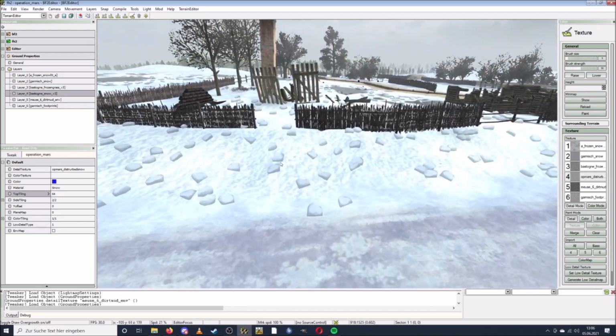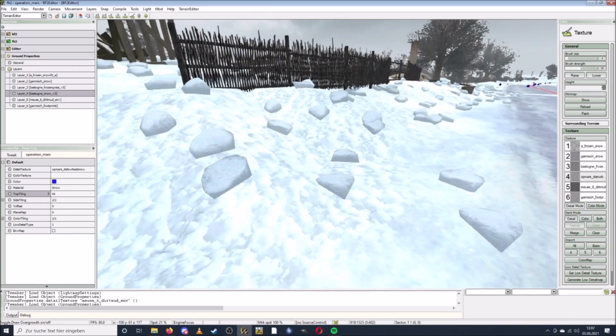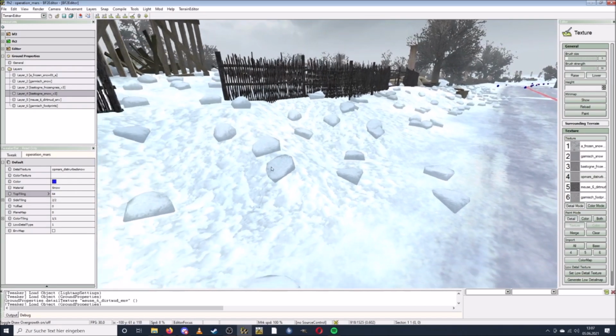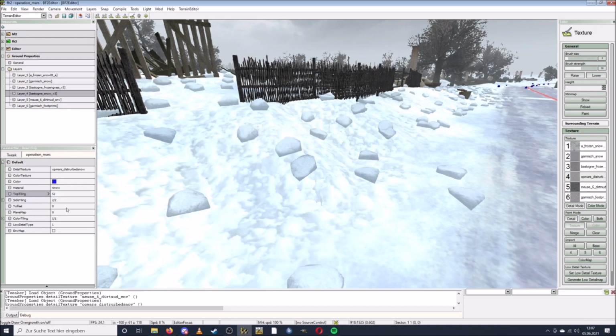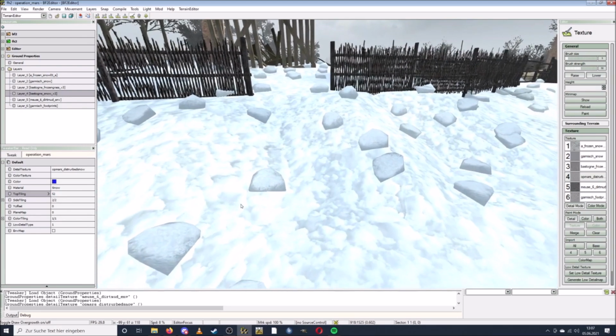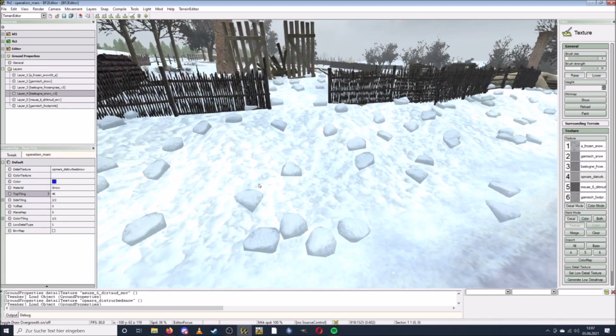Contrast and brightness. Contrast up, brightness a bit down. Actually, it doesn't look too bad from this angle, but yeah. Maybe it's also a part of the tiling. I think this would be a good tiling size. Maybe a bit more. Put it to 48. Yeah, this would be a good...